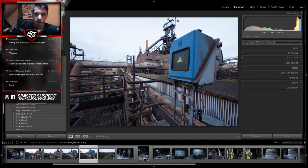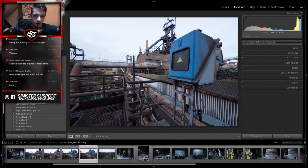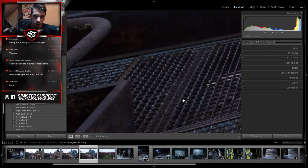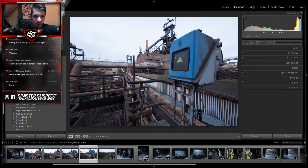There are a few other ones that are about the same height, but it's a pretty gnarly climb, especially on the day that we were here. You cannot really see it right now, but after we started climbing up, when we were at the top, it started raining, and that wasn't really fun because you have to climb up all these dodgy staircases, and you can see how rusty everything looks. And I'm going to say that right here the floor actually still looks pretty stable, considering some of the other things that I had to cross to get all the way to the top. But yeah, it was pretty...